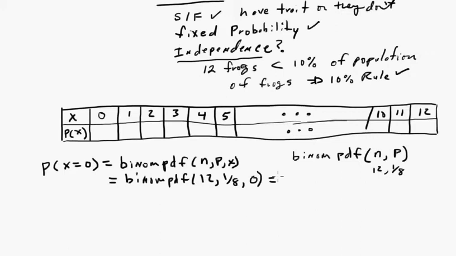So I get 12, 1 divided by 8, comma, 0. Yeah, should get 0.2014. So approximately 20.1%. Okay, so if you're looking for this function, it's second,